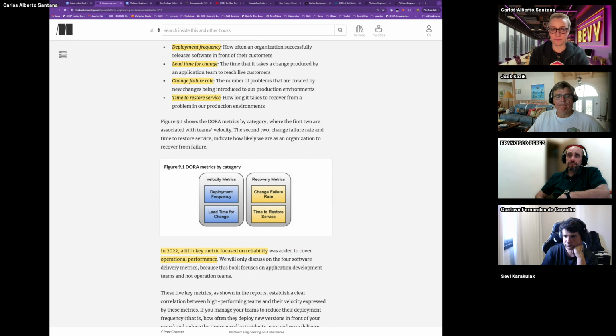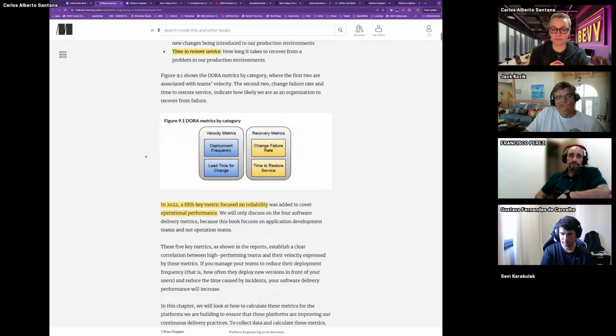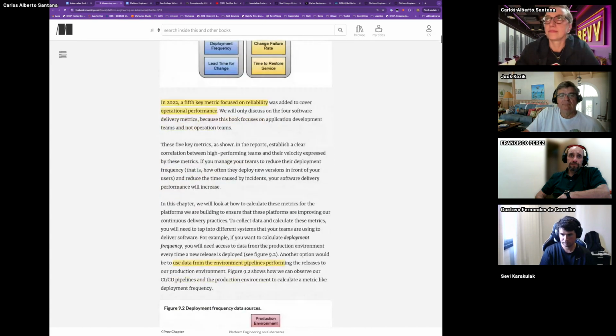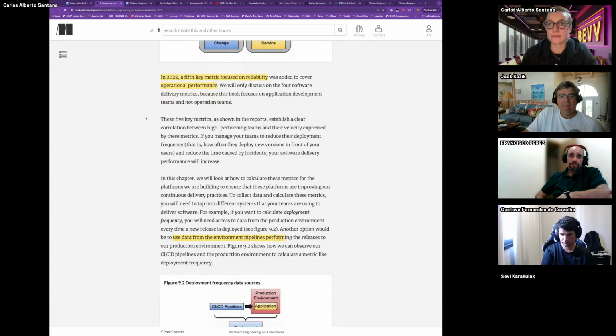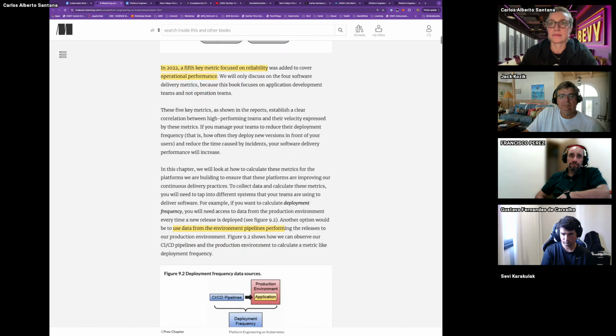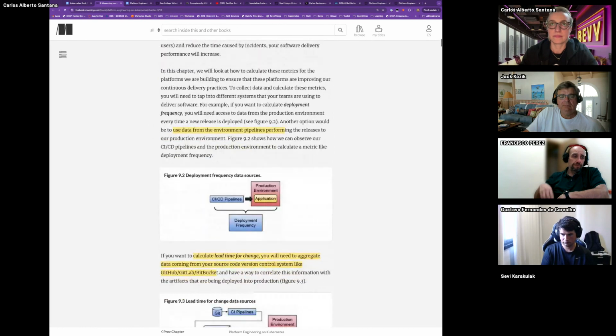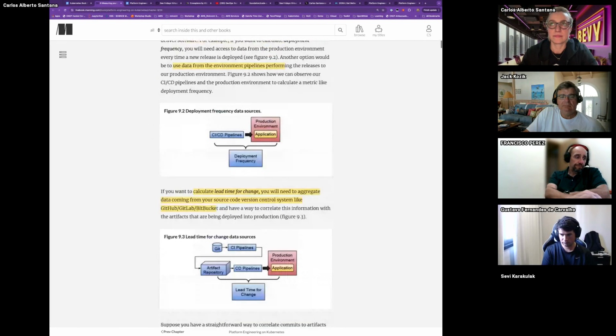But in terms of applications, which the book tries to cover, like the web app that we have, the conference app, as the aspect of it. And then he mentioned that in 2022 they added one for reliability.